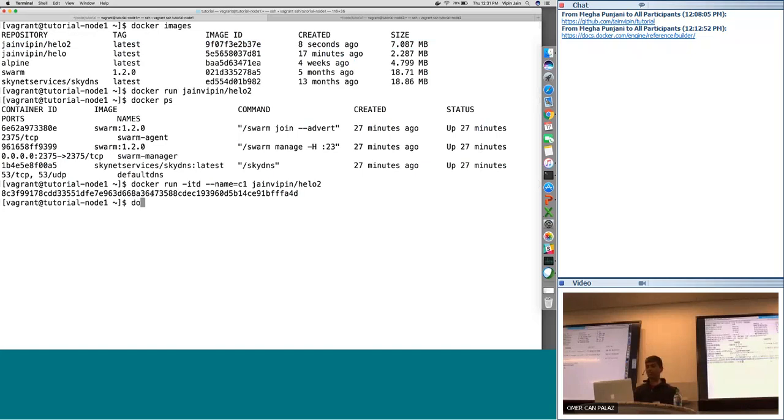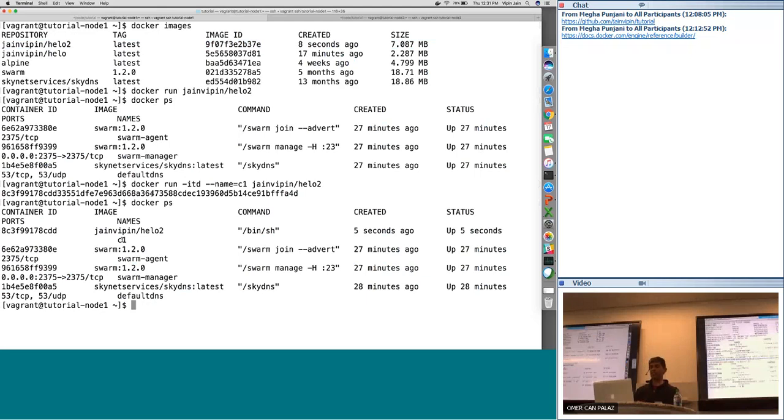Which means if I were to docker ps now, it's showing me that this container is running for 5 seconds now. The command it was run with was bin sh, and this is the image it is running. So now we have a long-lasting container, as opposed to the ephemeral container that we created that ran and went away and we didn't know what happened. But now this container is up and running. Stable applications that are supposed to be running for a longer period, let's say a web application or database or anything which is not a one-time cron job equivalent, you will likely run for a longer period.